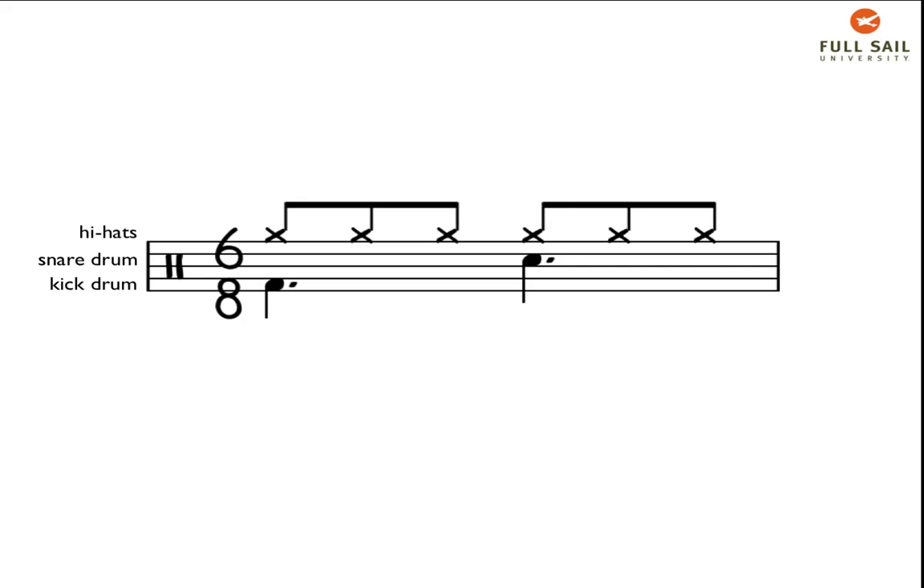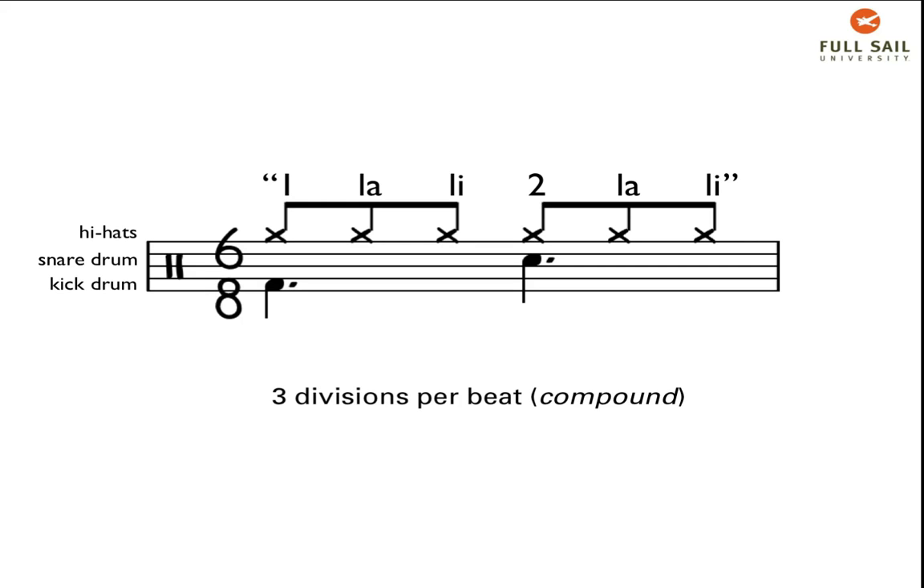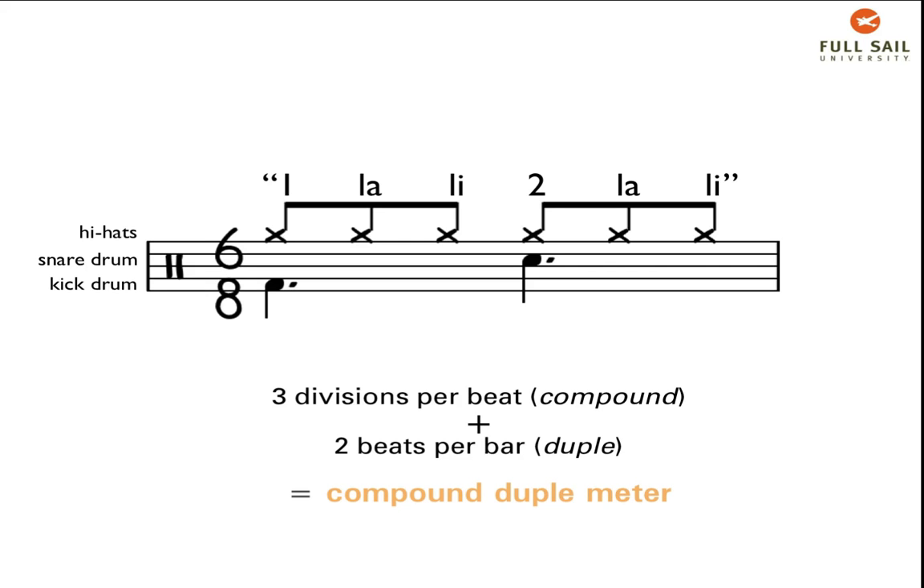If we applied the simple meter eighth note counting, 1 and 2 and, etc., it wouldn't work, because the numbers wouldn't line up with the proper beats. Because there are 3 eighth notes per beat, we recommend counting 1 la li, 2 la li. With this counting method, the numbers line up with their corresponding beats. Since there are 3 divisions per beat and 2 beats per bar, then 6/8 is referred to as compound duple